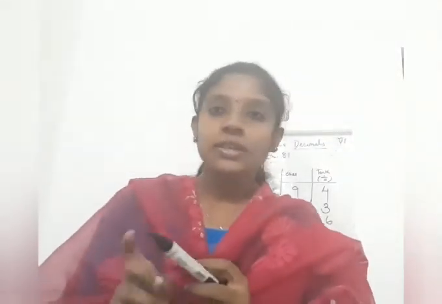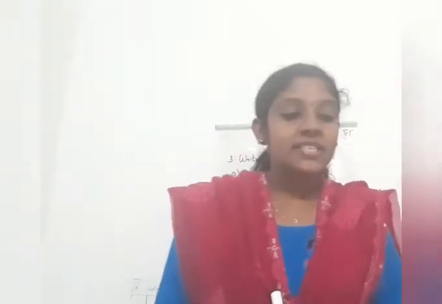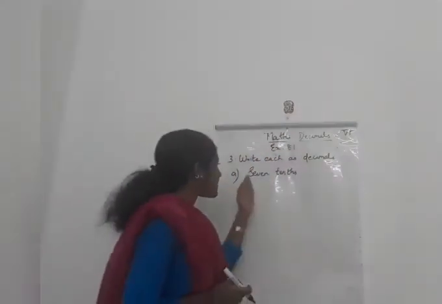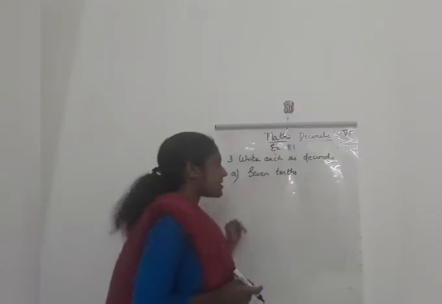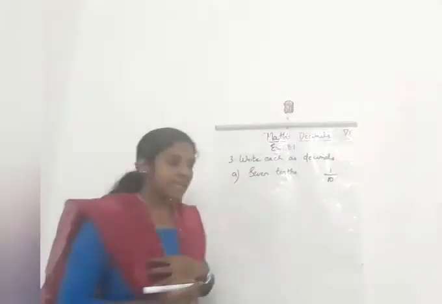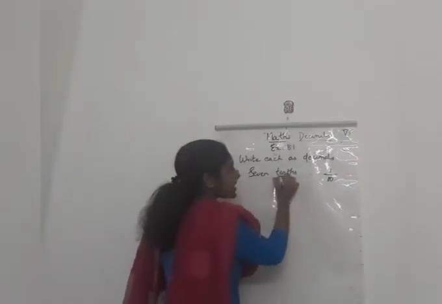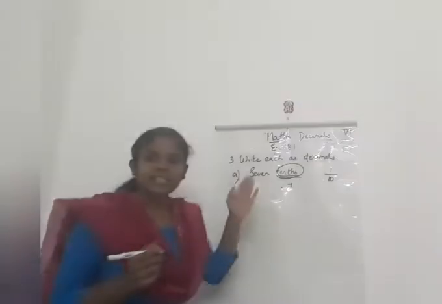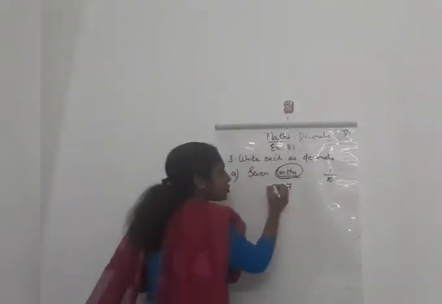Now we will move to the third question. Okay children, next question is write each of the following as decimals. So words are given, you have to convert it into decimal. First question is 7 tenths. Tenths means it is 1 by 10. 7 tenths means the tenth place value after the point is 7. So 7 tenths, 0.7. Nothing before that, so it is